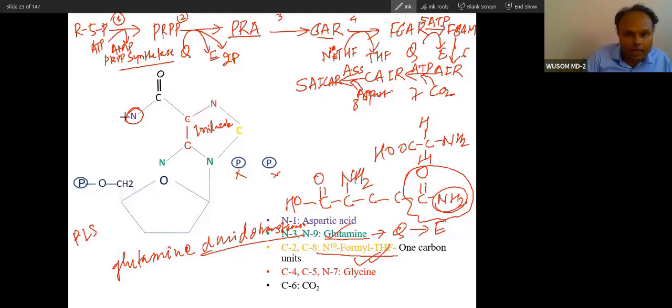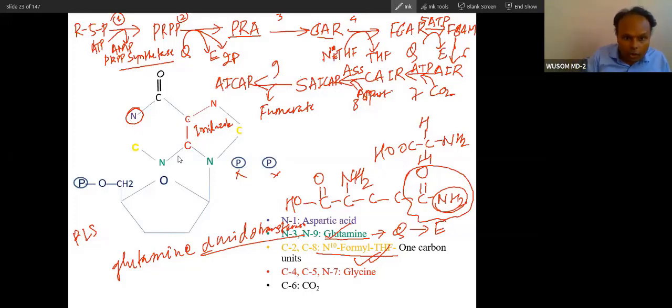So at the very beginning, just remember this succinyl will come here, aspartate will join and it will become this succinyl CAIR compound. Now succinyl will be released as fumarate, you know it. Now the compound formed is, as is written, AICAR: amino imidazole carboxamide ribose phosphate. So now the amino is formed. I have directly written amino here. In 2 steps this amino group is added, the 8th and 9th step.